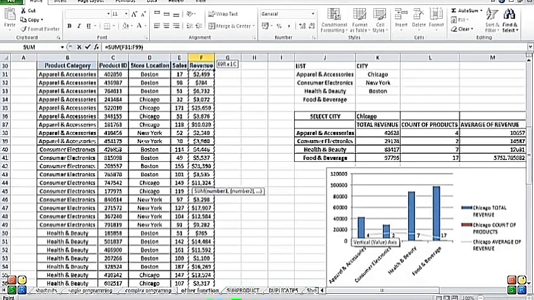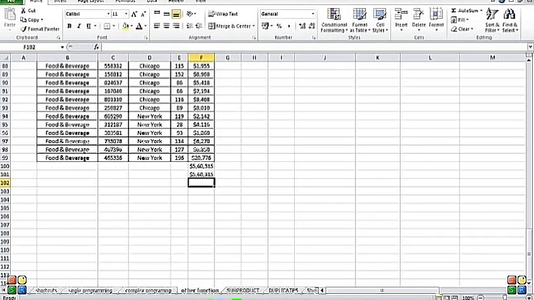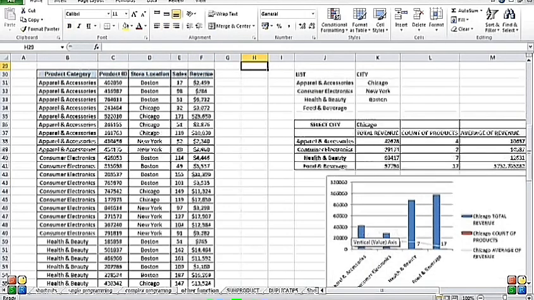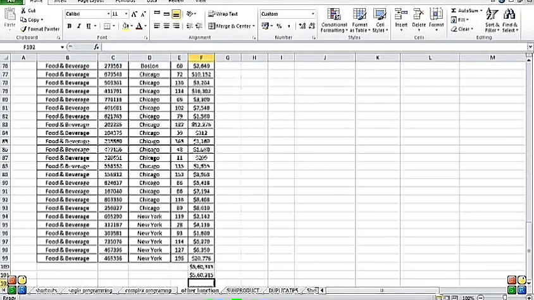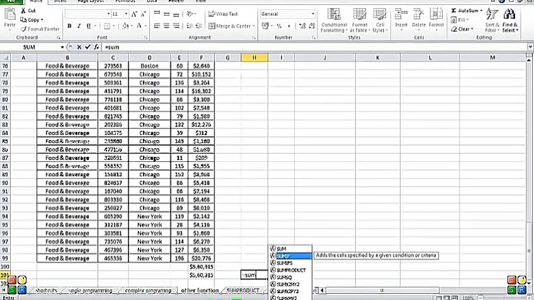So then I come to a different sum function. That is the function of sum and if. If you just type the various functions of sum, you will find sum if, so it's a special one, sum if. So now we're going to learn about sum if. How does sum if work?